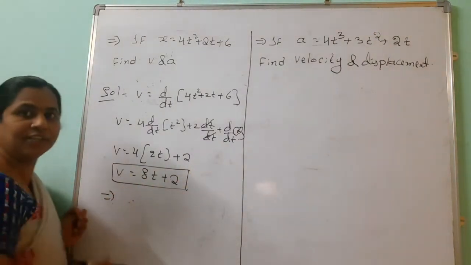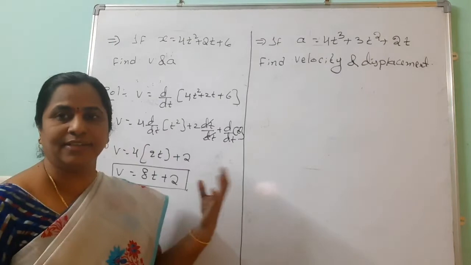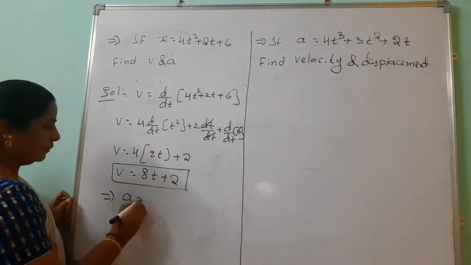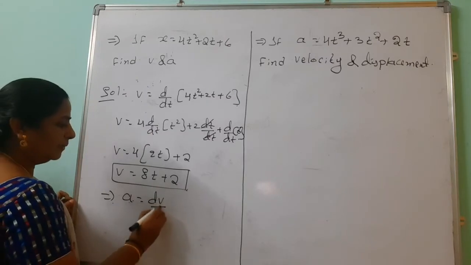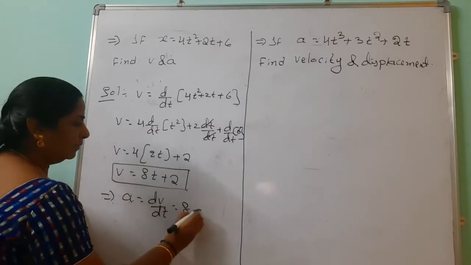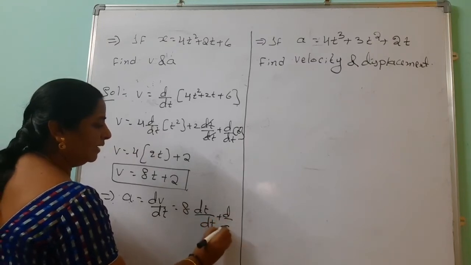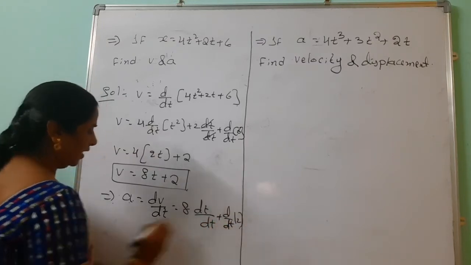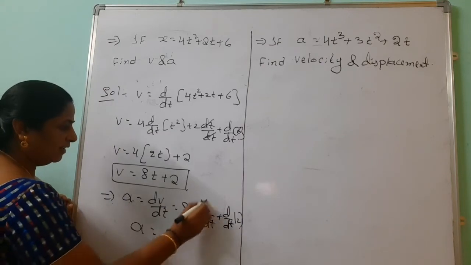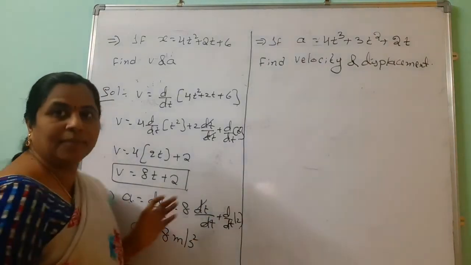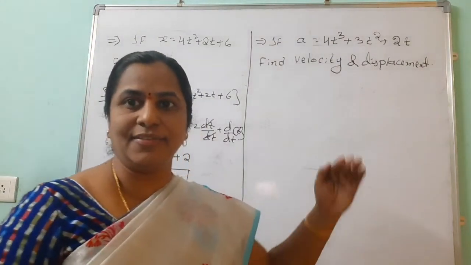Like that we should find out what is acceleration. Rate of change of velocity is giving the acceleration. So a equals dv by dt, 8 into dt by dt plus d by dt of 2. After simplification, acceleration is how much? 8 meter per second square. But now you come to this side, the reverse of